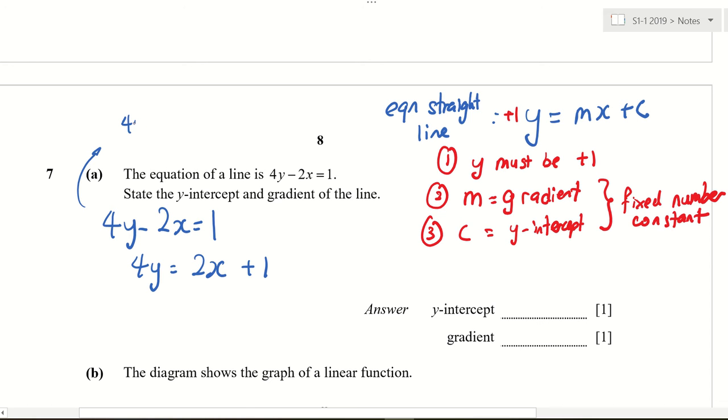By right it is 4y equals to 1 plus 2x. But you notice I write the 2x plus 1. A plus B, B plus A is the same thing. I write like that because I like the x in front, just beside the equal sign. So this is done. However,